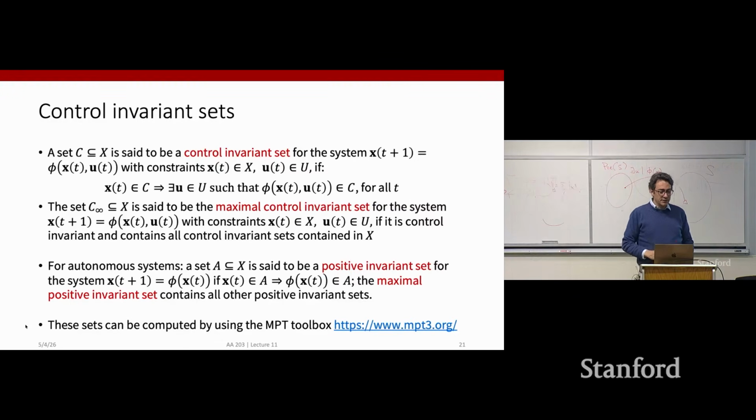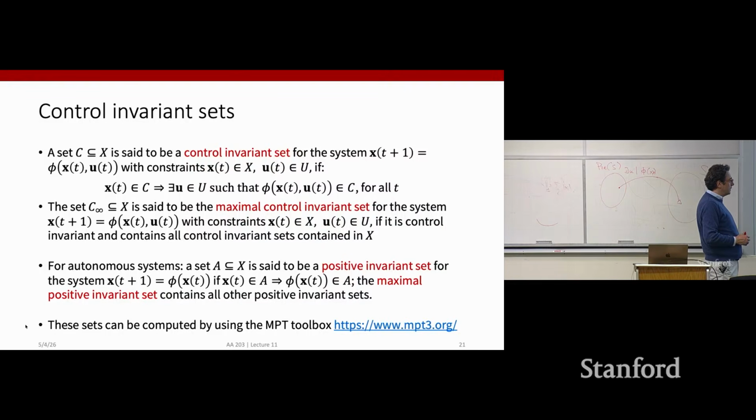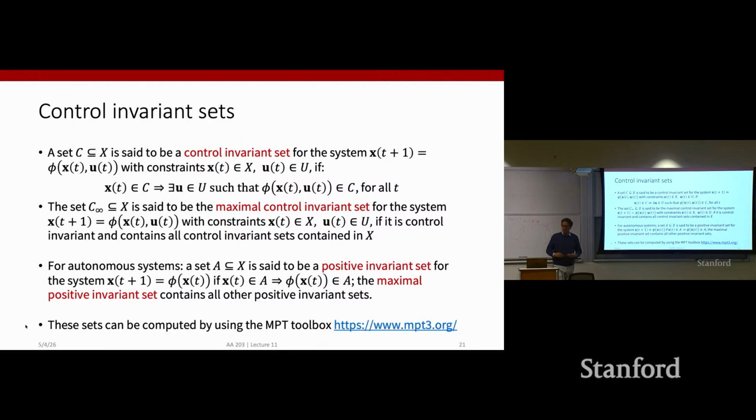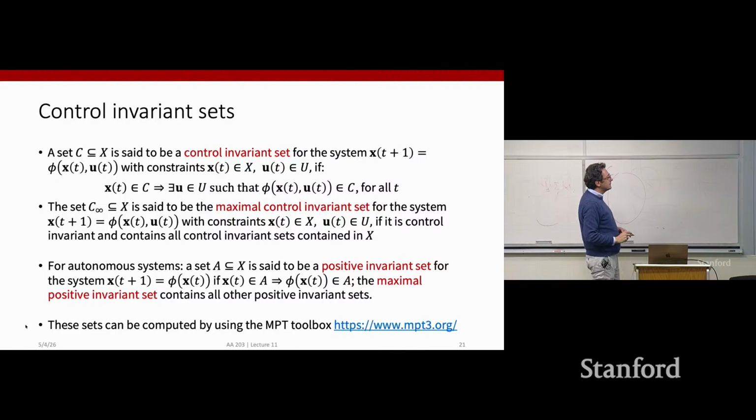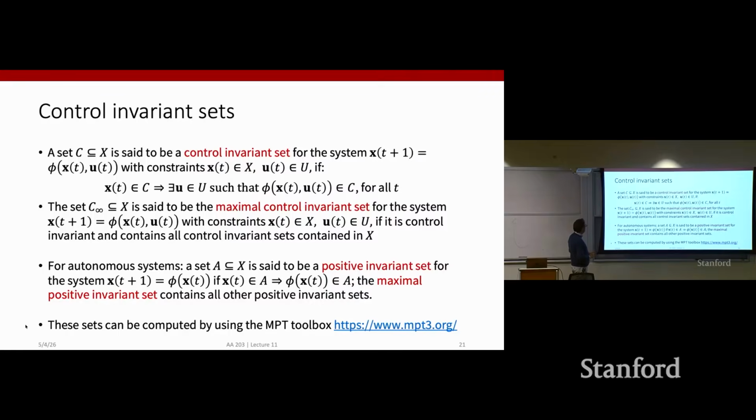One more set of definitions. So another important definition is the notion of a control invariant set. Actually, this is a concept that arises quite ubiquitously in model predictive control. A given set C is a control invariant set for a given system x_{t+1} equal f(x, u)